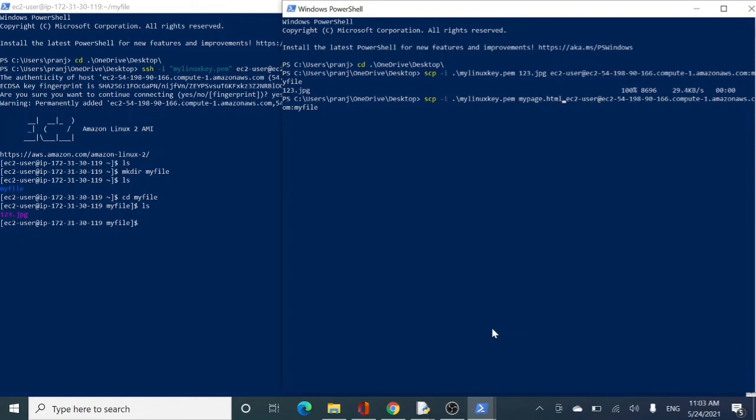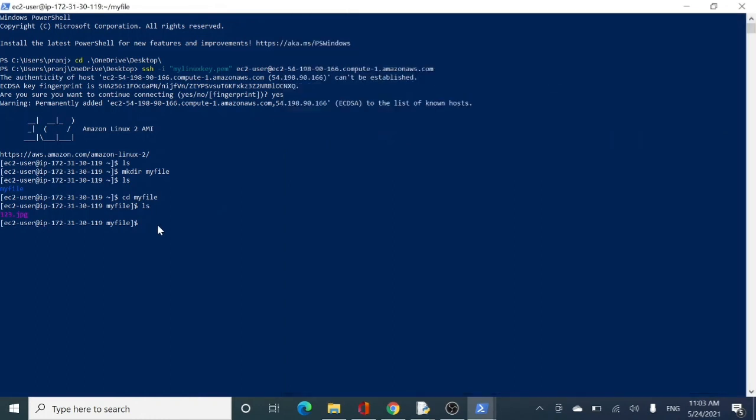I changed from 123.jpg to page.html and press enter. You can see that my page.html file has also been transferred to my EC2 instance. If I do ls again, you will see two files: first my image file and second my page.html.